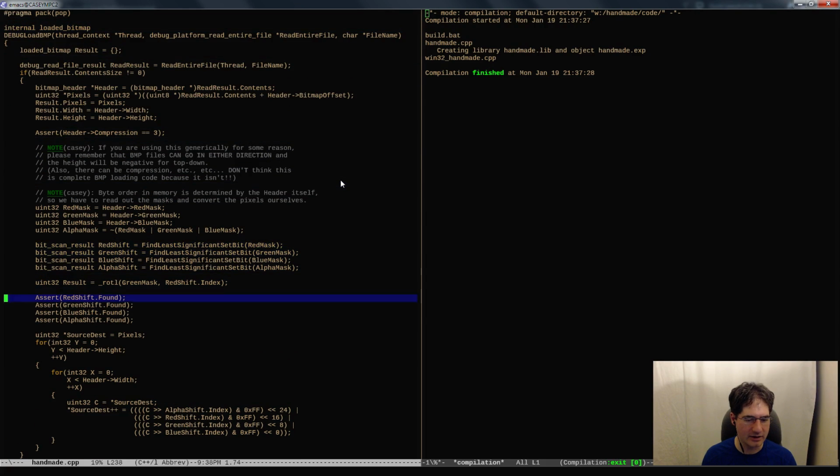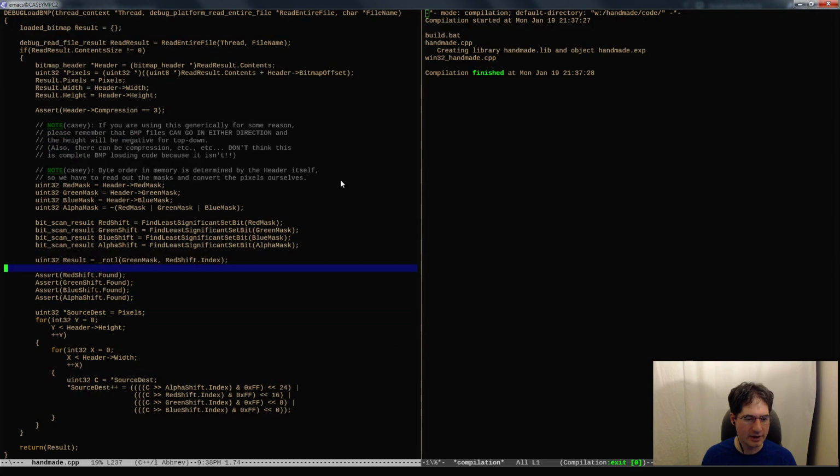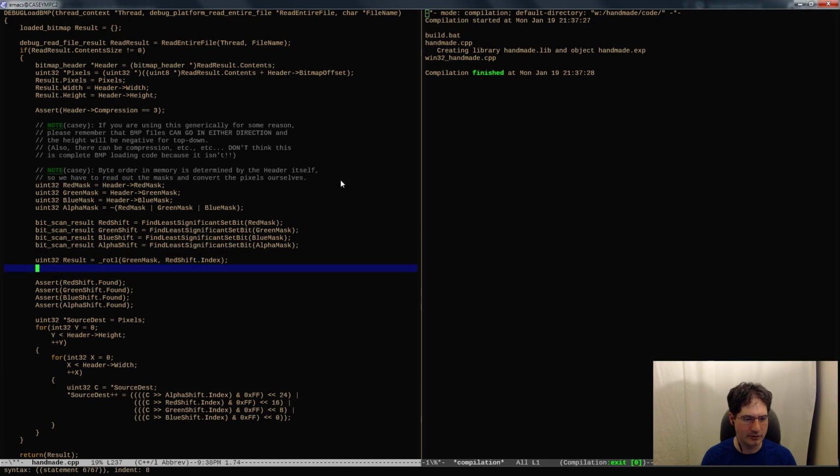Because yes, then if we have the rotate, then we can totally do it. Because basically all we need to do if we have the rotate is we can just make sure that we know whatever the difference is between these two. Yeah, and then we wouldn't have to do two shifts, right? We can do a single shift. So let's try that. So what we want to do here is if we have a rotate, then